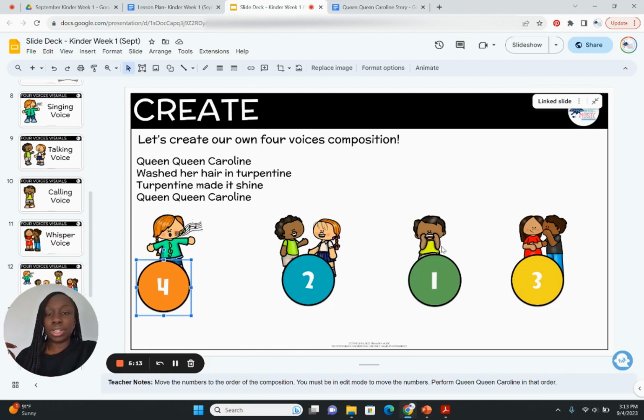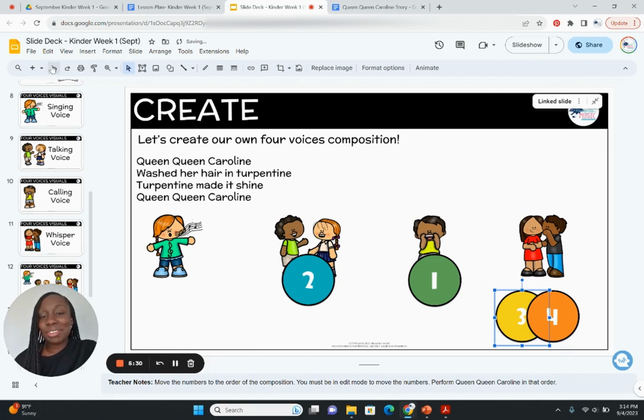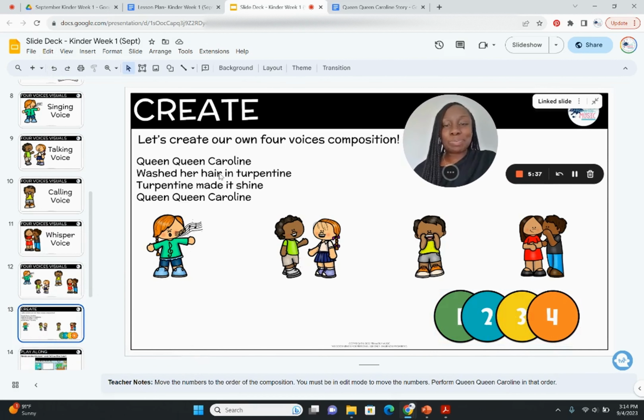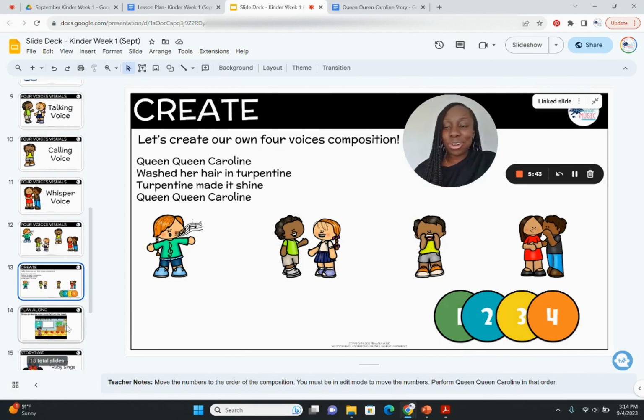So it would be something like: Queen, Queen Caroline washed her hair in turpentine. Turpentine made it shine. Queen, Queen Caroline, or whatever. You could stay on this slide for all of eternity until your kinders get tired of it. That's just adding in some composition and having them utilize all four voices.